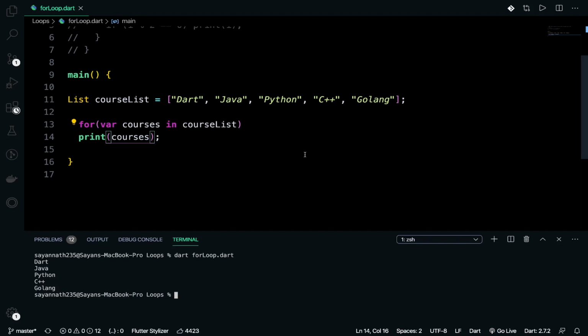The use of the for in loop is we don't have to give the end statement, the loop will continue till the end. Yeah, we can surely get the length of the course list and then iterate by using the for loop. But the speciality of the for in loop, which is actually just like the for each loop in Java, is that it has been introduced in Dart as a new concept. It is used to iterate through the data structures which are present in Dart. Okay, so this is the concept of for in loop and for loop.